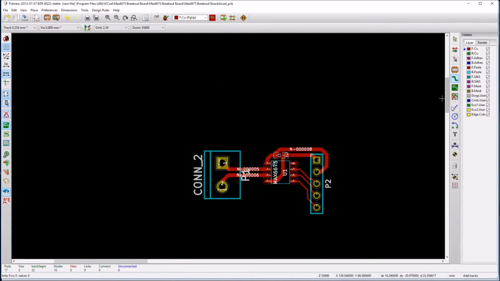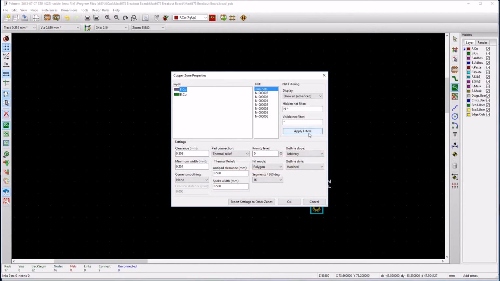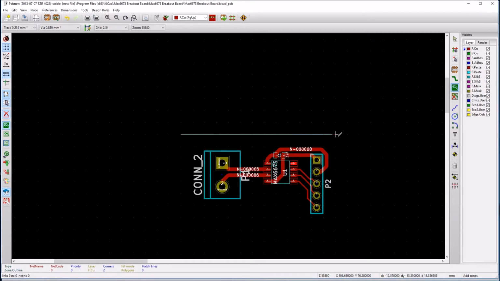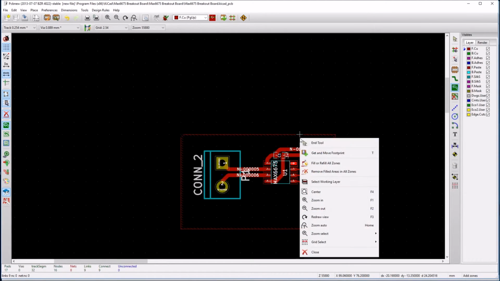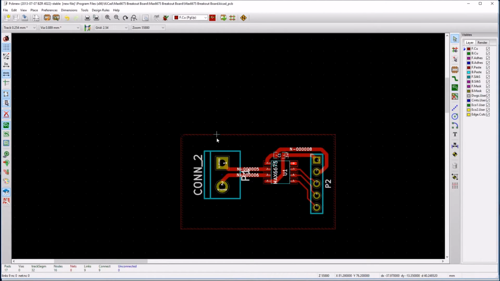One last thing I want to show you guys is doing rat's nests. So the rat's nest is for this one here, or it's called add filled zone, but some people call it rat's nest, some people call it something else. So this one is going to have no net, it just won't connect to anything. You can have it set to ground if you have a ground pin set up, which I didn't bother with because it's a pretty basic design, you don't really need to. Also, it gives you this outline and you just go,